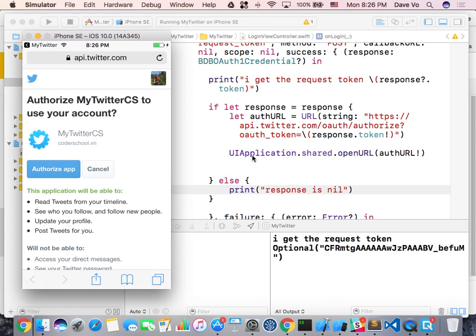So you use the function of UIApplication.shared.open URL, so you will be able to open the authentication URL. The authentication URL is the page URL, right? And it's combined with the OAuth authorize and OAuth token. If you go back to the Twitter development documentation, you also see this one is from